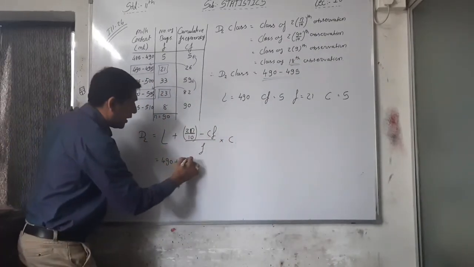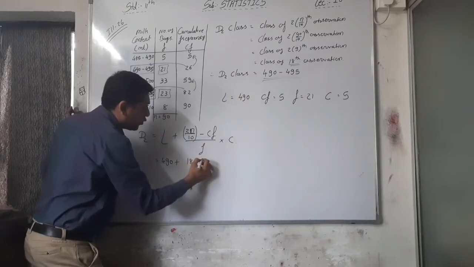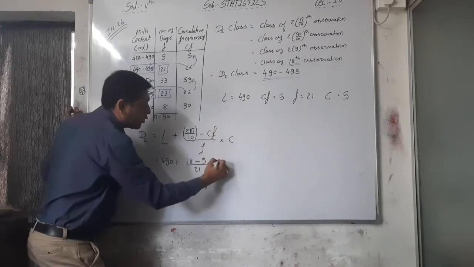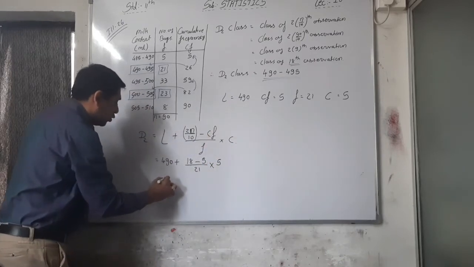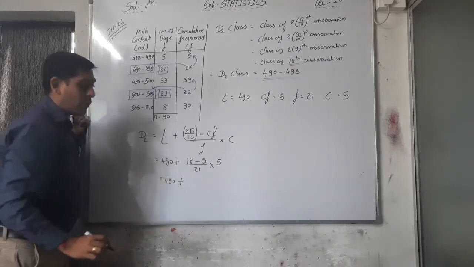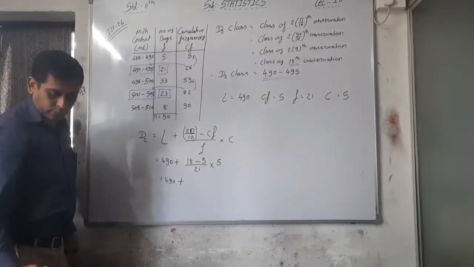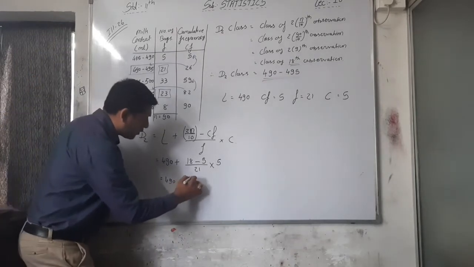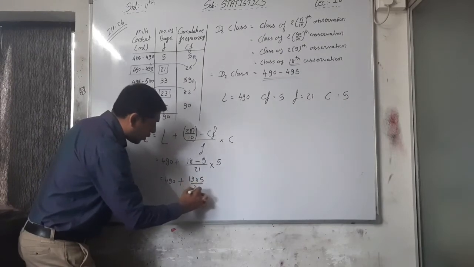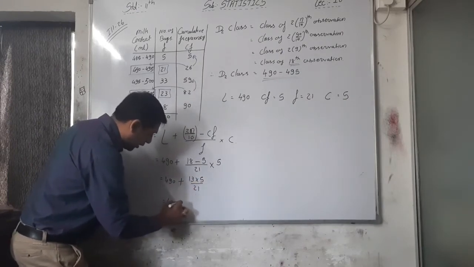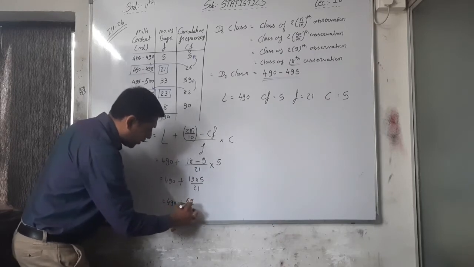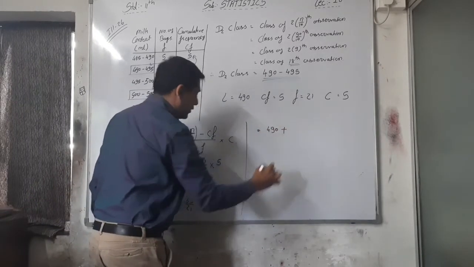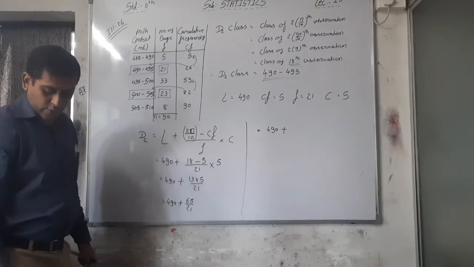So here I am writing 18 minus CF. CF is equal to 5 upon F, F is equal to 21, and into C is equal to 5 again. So 490 plus, now 18 minus 5, 13 into 5 divided by 21. So 490 plus 65 divided by 21 is equal to